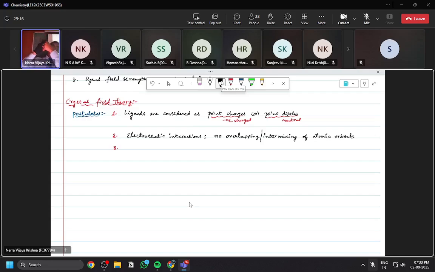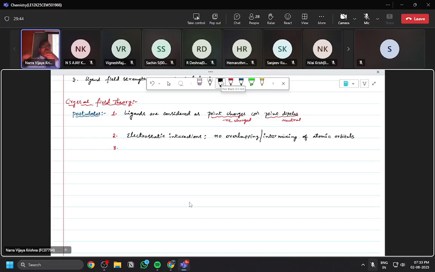If we consider this as the central atom, all electrons are symmetrically distributed in all directions. When a ligand approaches, the ligand electrons repel these electrons. When they are repelled, what about the electrons around the central atom? They will be occupying less space or not? They are not present in this direction now. They will get adjusted into the remaining space. In that way, if another ligand is also approaching,